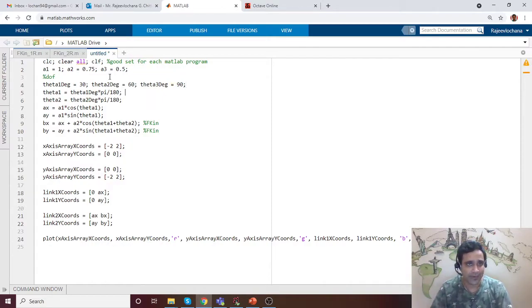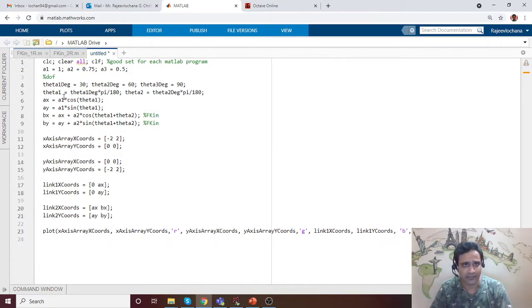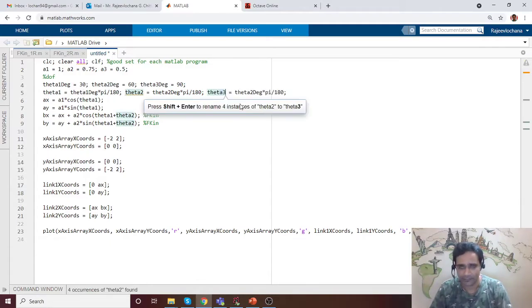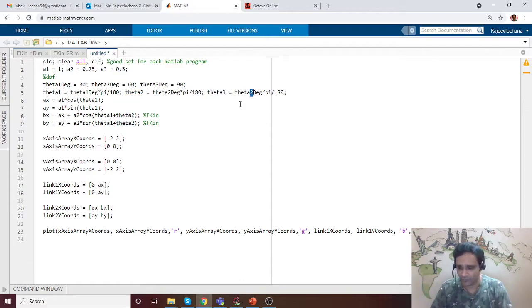In MATLAB we would like to use the cos and sine functions, and the parameter has to be in radians. So theta 1 is multiplied by pi by 180. Similarly theta 2 is also multiplied. Now I'll also multiply theta 3, because we want our code to have internal calculations in SI units.